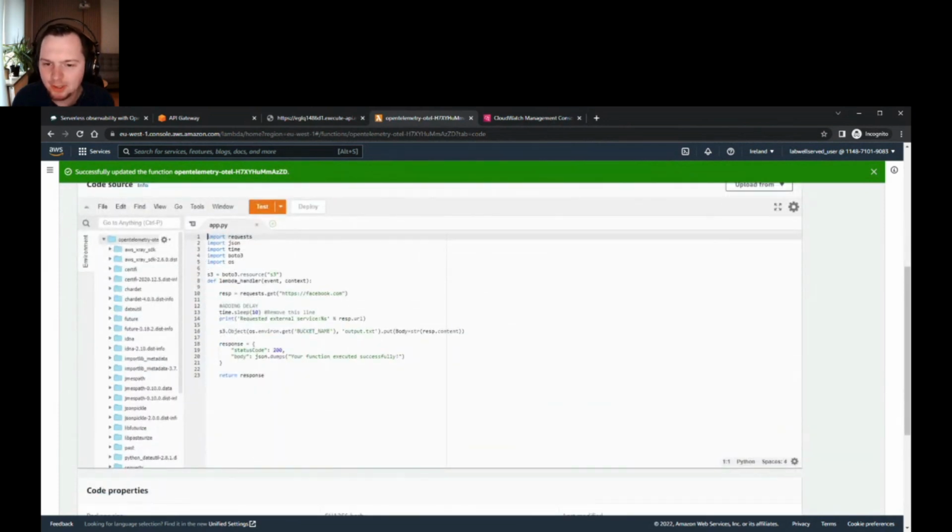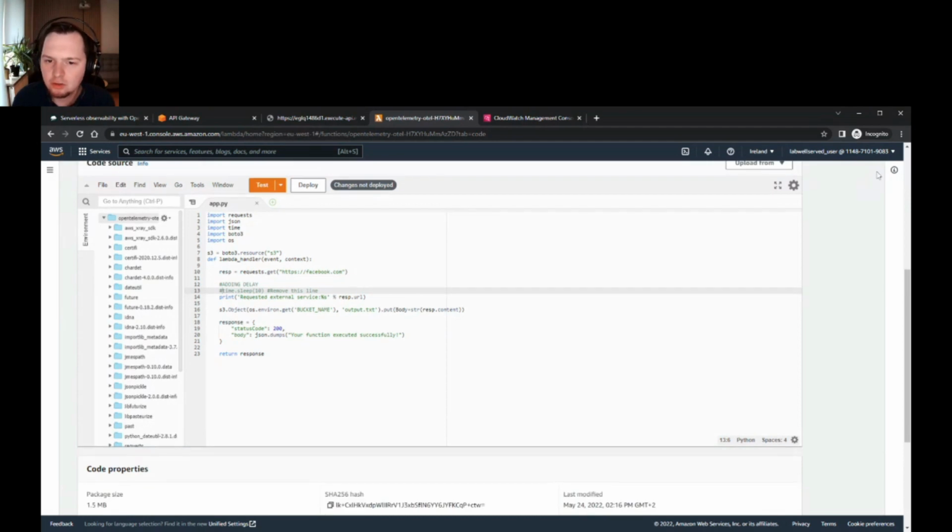And yeah, you probably can already see. There's a cheat here, because I just introduced some sleep in the function for the purpose of the demo, but it shows you that OpenTelemetry actually sent the trace for the remote call for the Facebook page and saving it to the S3 bucket as well.